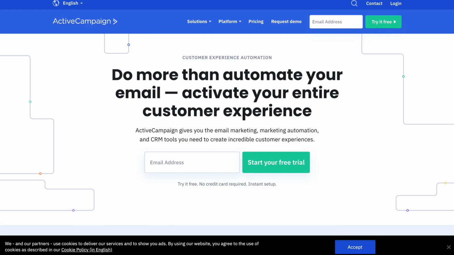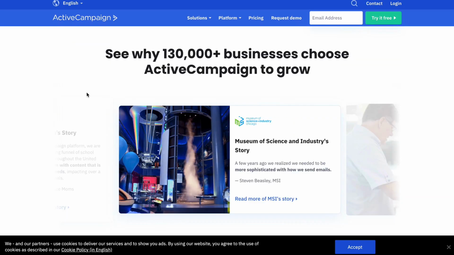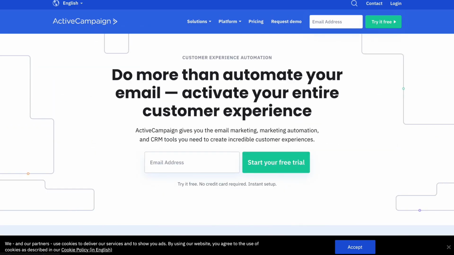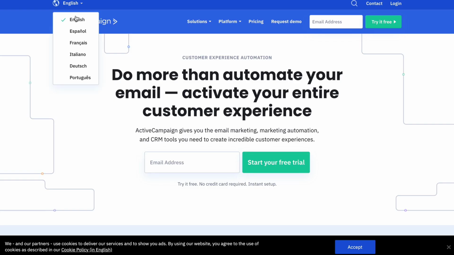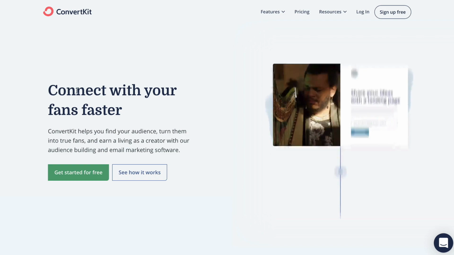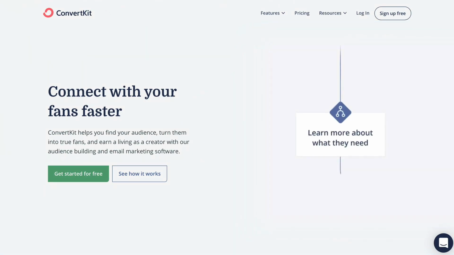So, I can recommend all of these other programs as well, which is fine, but I've used them in the past, and the reason I've gone back to GetResponse is because it served me well, and it really is the best for me in my business. So this is the program that I recommend for all of your email automation. And if you don't want to use that one, probably ActiveCampaign and ConvertKit are some of the other ones that are recommended by people as well.